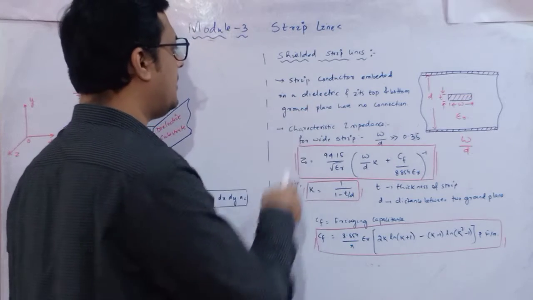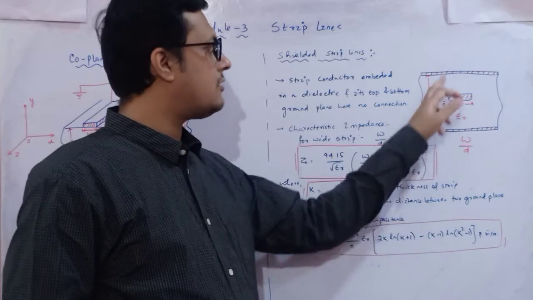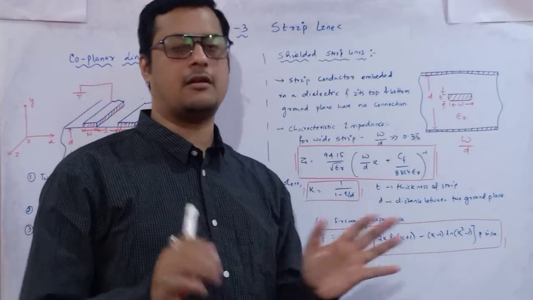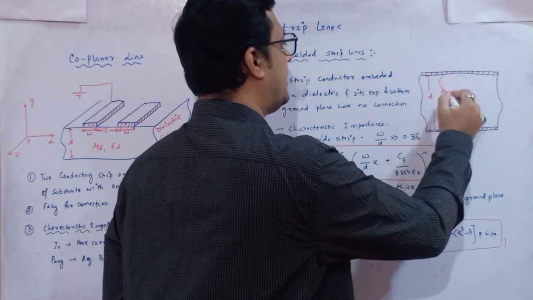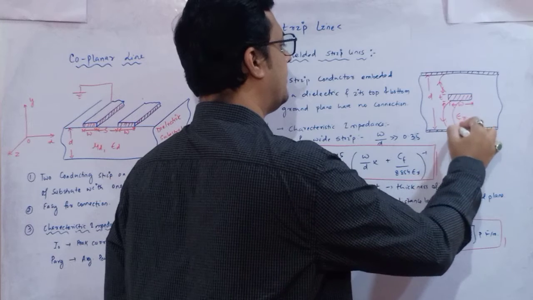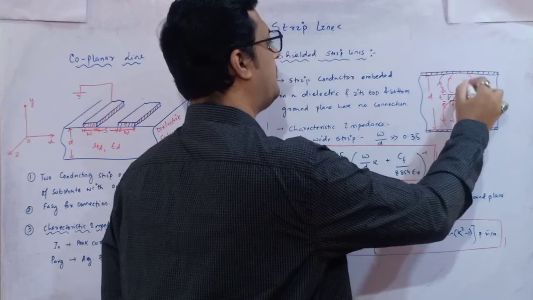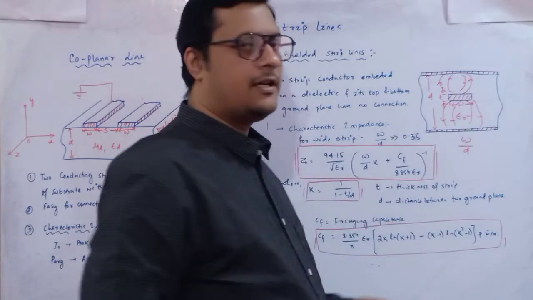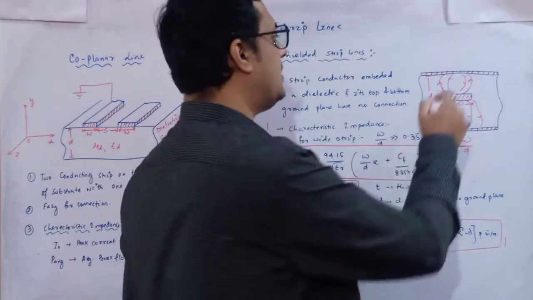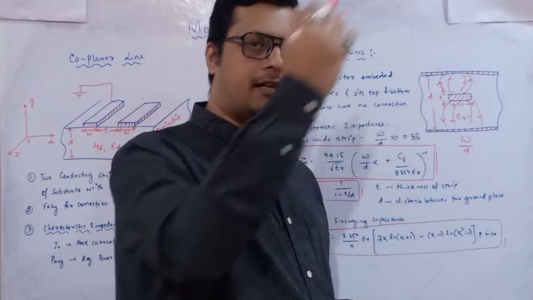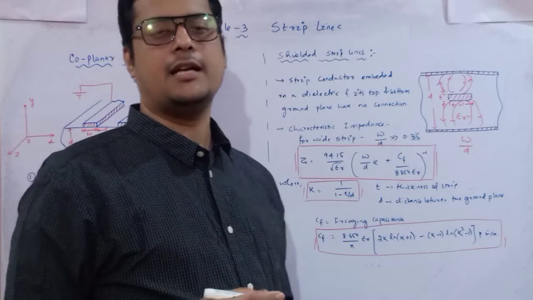Next, the strip conductor is embedded in a dielectric and its top and bottom ground planes have no connection. So your top and bottom ground planes don't have any sort of connection. So whatever electric field is generated, it will be generated like this. It will terminate here. These are the electric fields. This will be generated like this, because when you provide a potential to this strip, the electric field will be generated due to the distribution of charge. So due to the distribution of charge, the electric field will propagate and terminate in the upper plate as well as in the lower plate. Similarly, a magnetic field can also be generated.